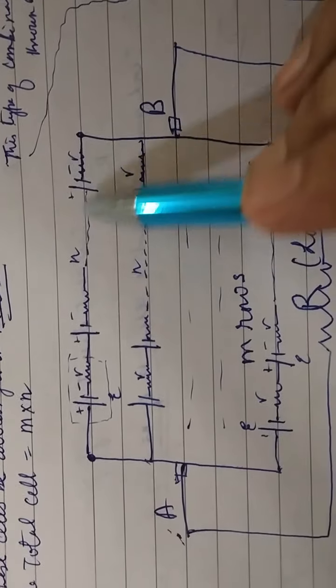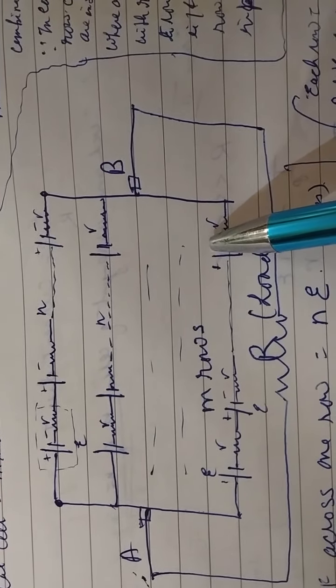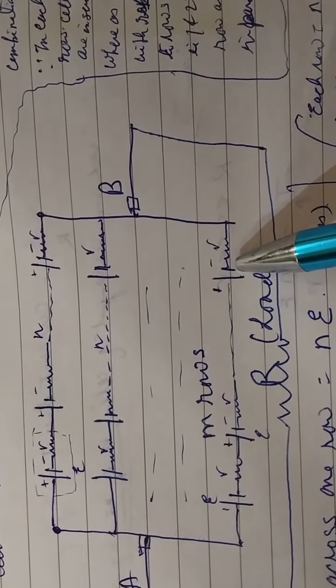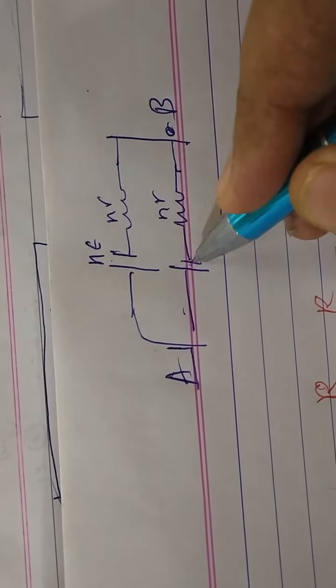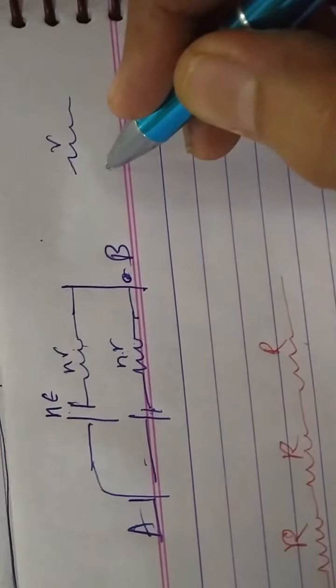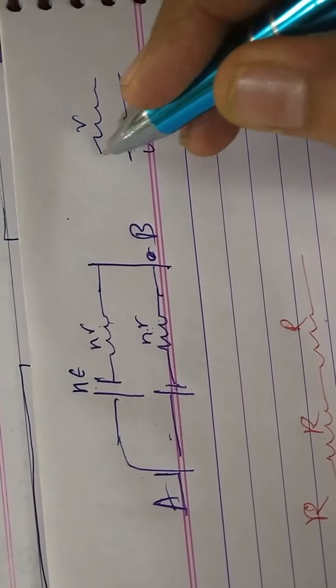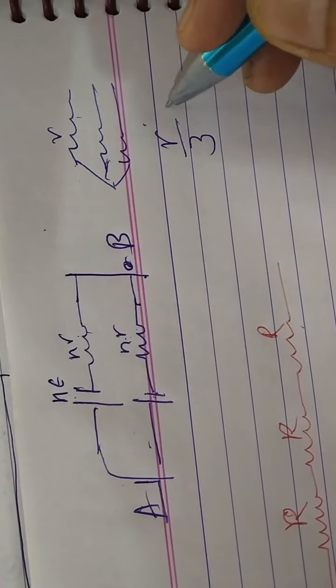Okay. Now what is the total resistance of this combination? So here Nr, Nr, Nr. Okay. And how many rows are there? M rows are there. So EMF will remain the same, and total resistance we have studied. If R are there, R 1, 2, 3, so it will be R upon 3. If 3 are there, if Nr is there, then R upon N.